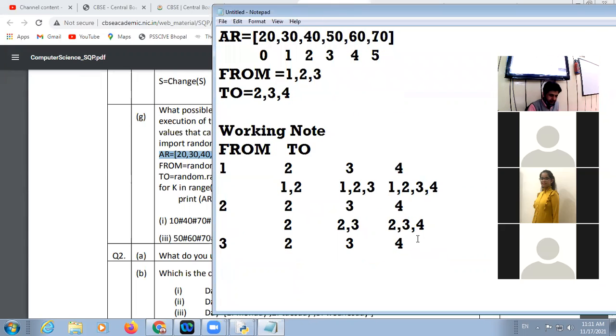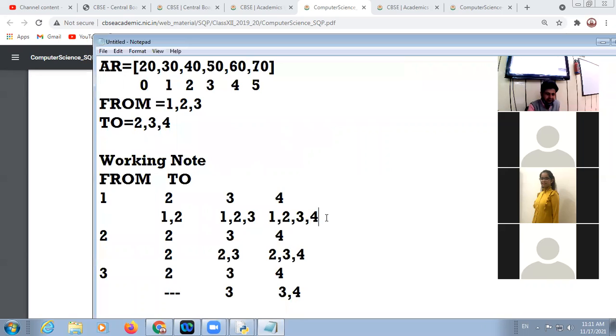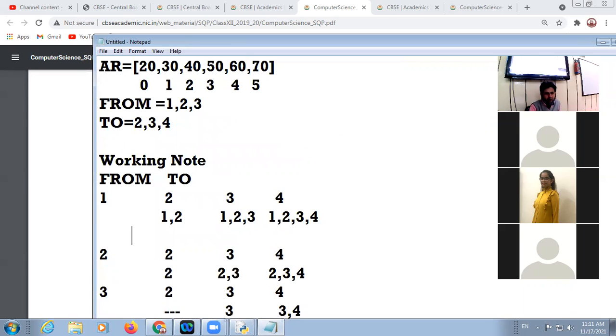Next is, here there will be no execution because starting is 3 and ending is 2, not possible. Here single time and here is 3 and 4. Now write the corresponding values. The corresponding value in the case of 1, 2. So 1, 2 is 30, 40.